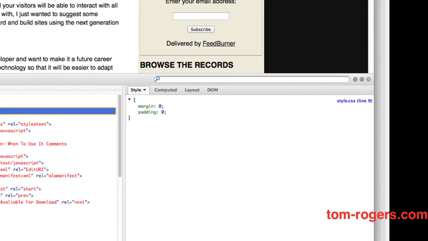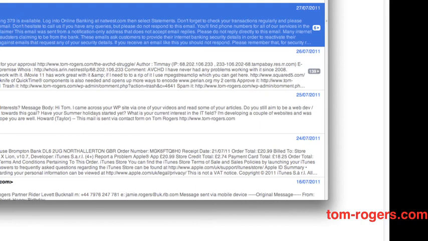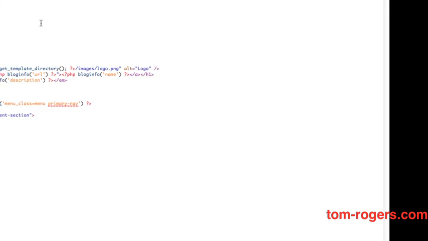What we're going to do is go back and try the header.php file, and we're going to make our file be the last thing